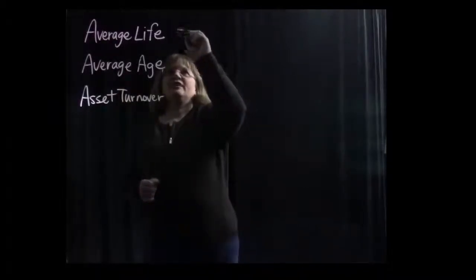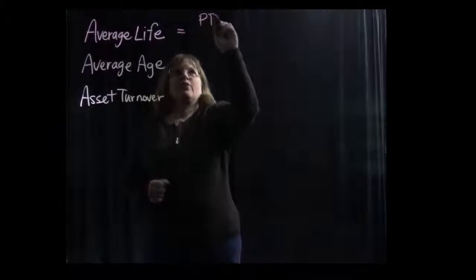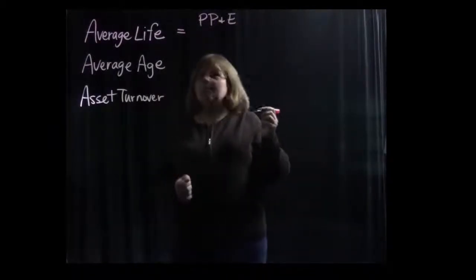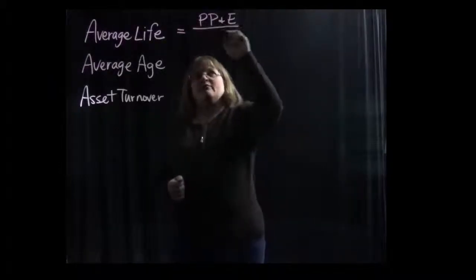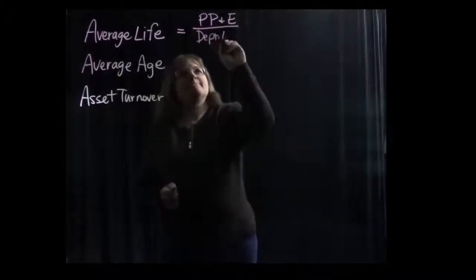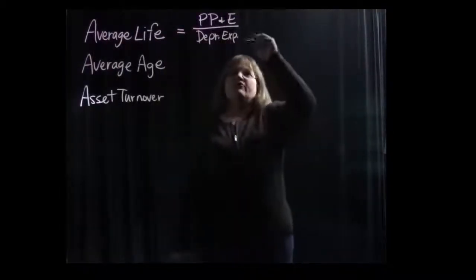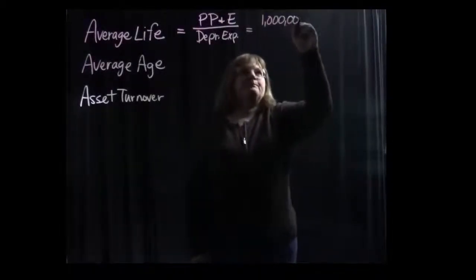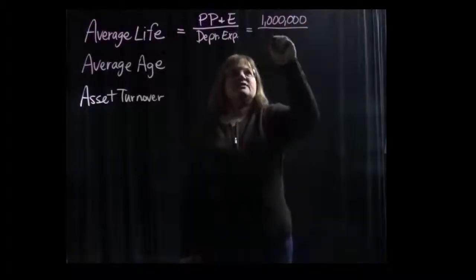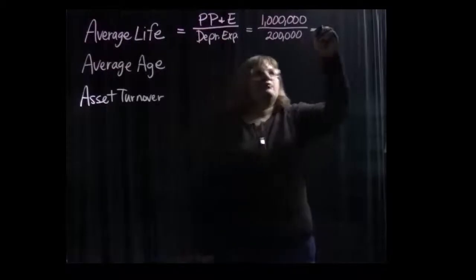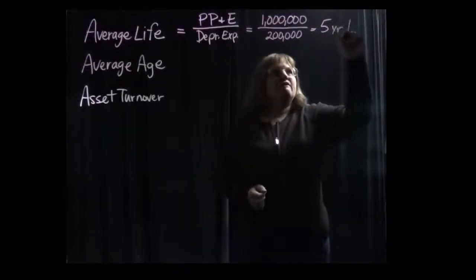Okay, so let's look at the average life. The average life is going to be calculated as our property, plant, and equipment, which is fondly referred to as PP&E. So we're going to take that property, plant, and equipment, and we're going to divide it by the depreciation expense for the year. So for example, if a company had $1 million worth of property, plant, and equipment, and they had depreciation expense for the year of $200,000,